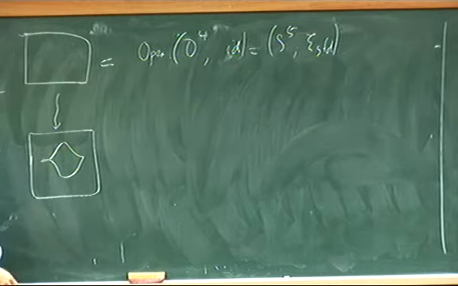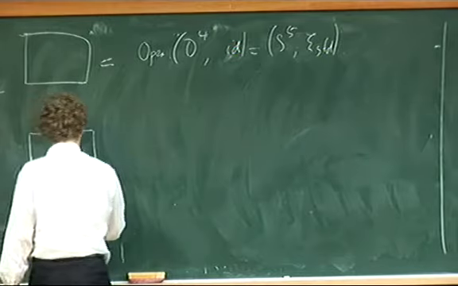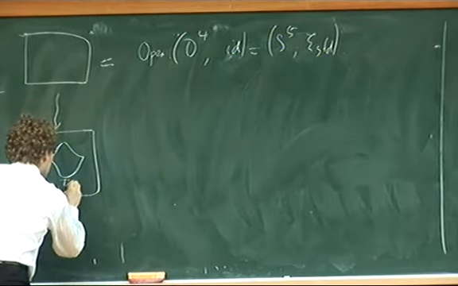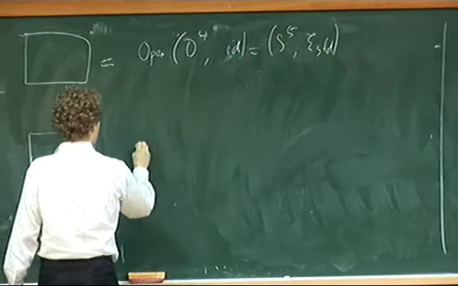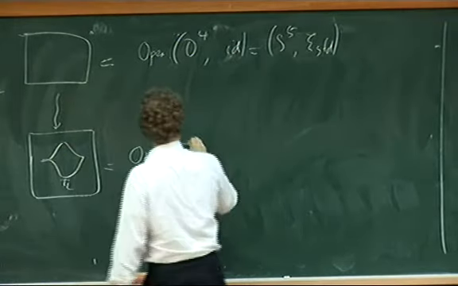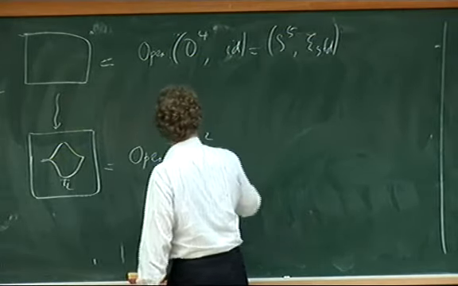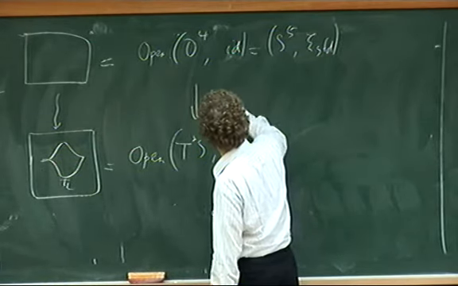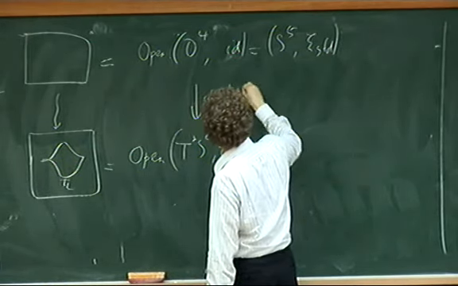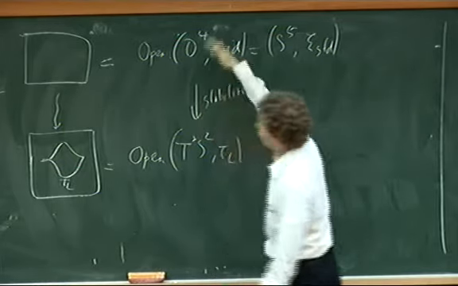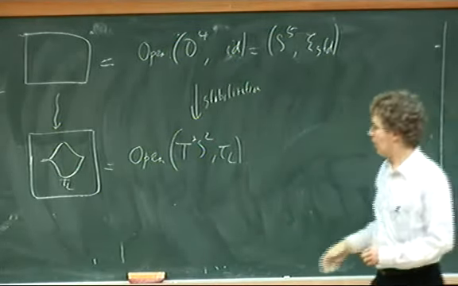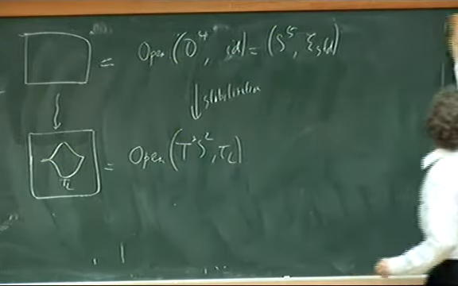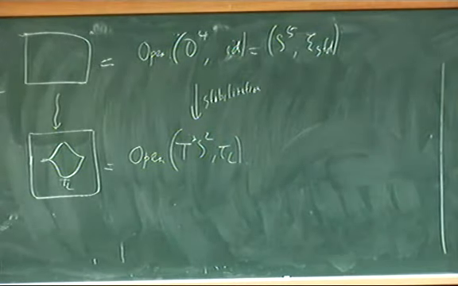So if we do the usual story, if we apply, and we'll write it like this, TL. So this is the open book with page T star S2, and monodromy a right-handed Dehn twist. So this is a stabilization. So they're actually the same. Okay. So let me now apply these ideas and